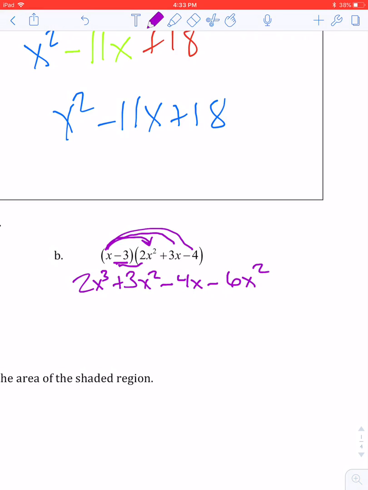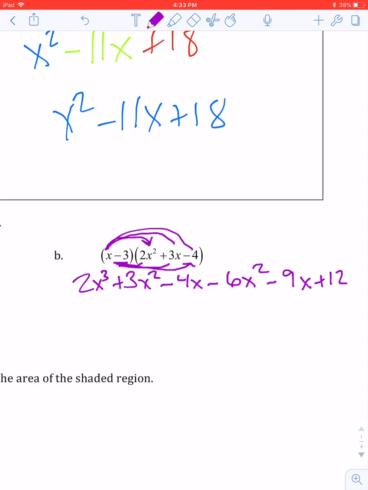Then I'm going to take that negative 3, bring it to a positive 3x, which is going to be negative 9x, and a negative 3 being multiplied by a negative 4, which is positive 12. Okay, so I've got a really long expression in front of me. I'm going to look for like terms that I can combine and see if I can rewrite my final expression,